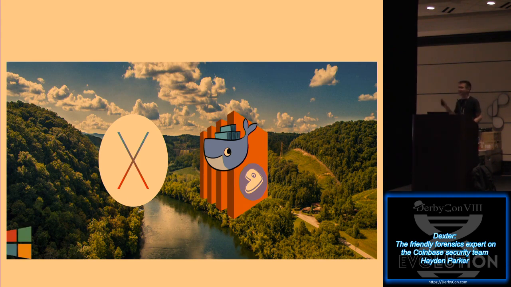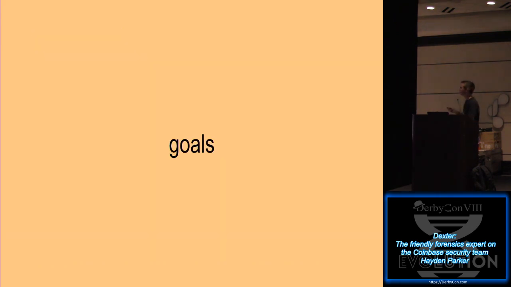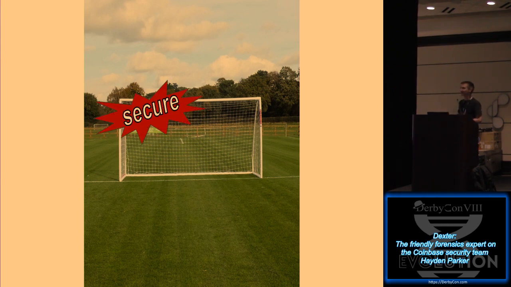So Docker. Big fans of Docker. Also, we're mostly an OS X shop. OS X is pretty cool. I don't actually develop in it, more on that later. But Macs are nice. Also, there's Windows somewhere in the corner. I don't want to talk about it. I don't want to think about it. We don't have a lot of this. I actually probably do really want to think about that because that's kind of my job to watch out for that. But yeah, we're running lots of different stuff. And there's lots of different environments where we're going to want to put Dexter so that we can use this one single tool to do collection off of our whole environment should we need to do incident response.